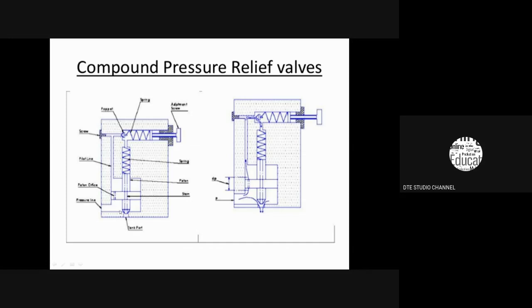That's how the pressure is controlled or decreased, and this happens until the pressure of the fluid is equal to the spring force. When these two are equal, again at both ends of the piston there is a balance, pressure is equal, and the tank port is automatically closed. This is how the pressure relief valve works.